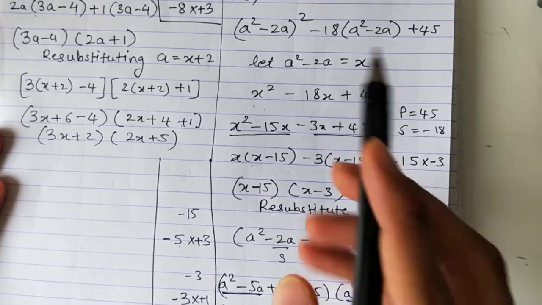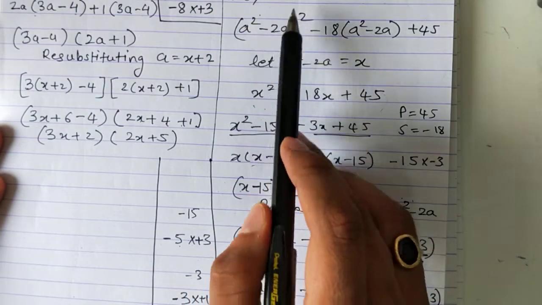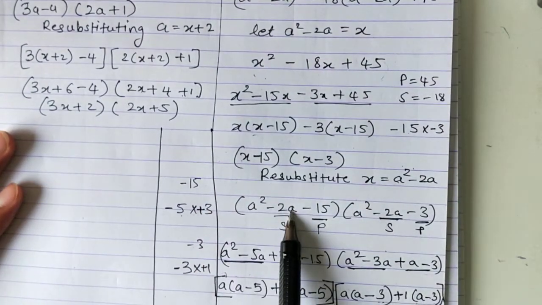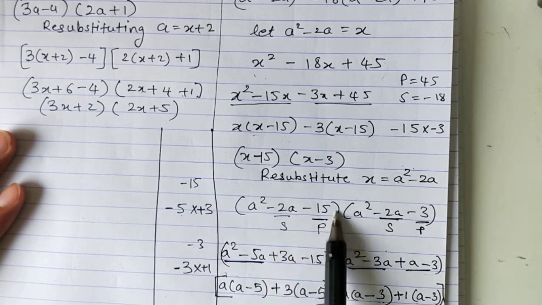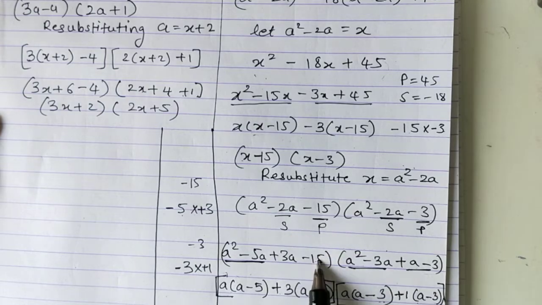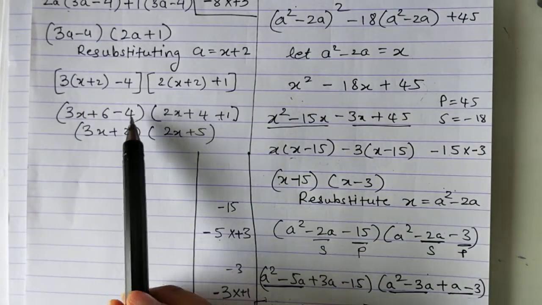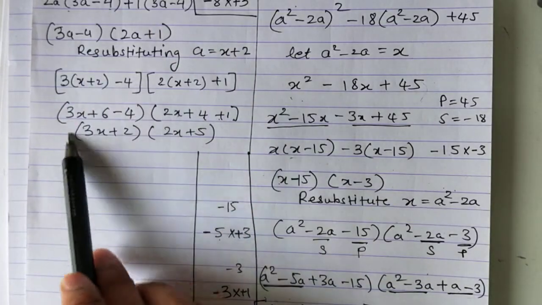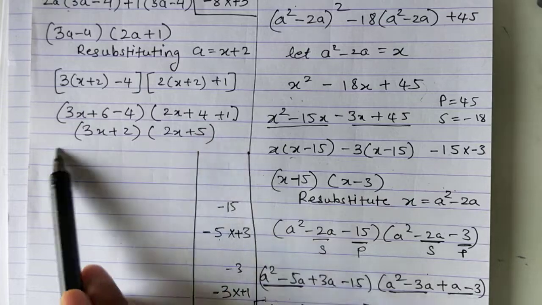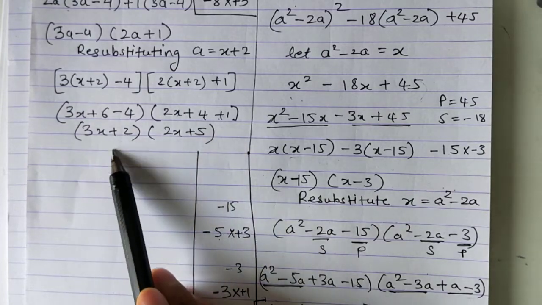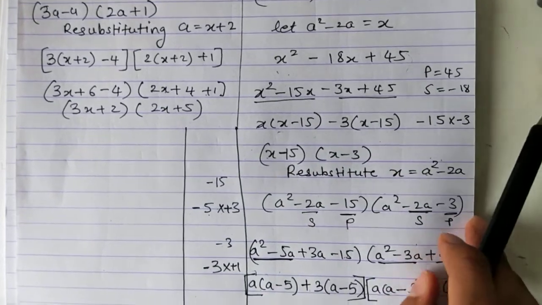Why this sum was important? Because here in the bracket itself we had a square minus 2a. So when we resubstituted a square minus 2a and then this minus 15 here, so this again became a quadratic equation to solve further. So generally it doesn't happen. See, when you resubstitute, for example in this sum, after resubstituting you had this equation 3x plus 6 minus 4. So this was not a quadratic equation, this was a normal bracket. So we stopped the sum here. But in this case it was different. Okay.